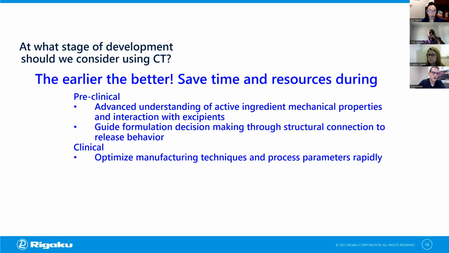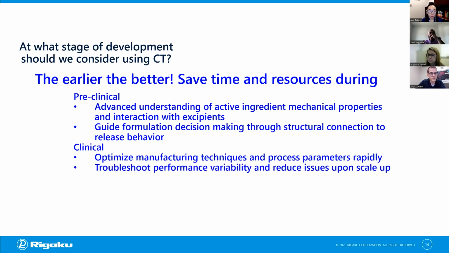This is where, during drug development, we really start to key in on optimizing manufacturing techniques and process parameters. An additional part of this, as we move further downstream through the clinical phases, is scale up. Going from lab to GMP scale, and ultimately even larger manufacturing sites, we want to ensure that we're reducing performance variability and any issues that may come up during the scale up. In terms of post-approval,